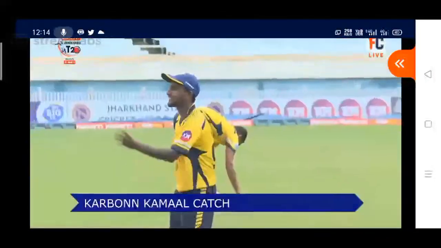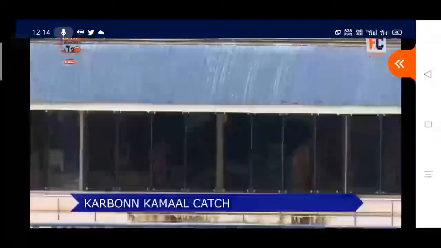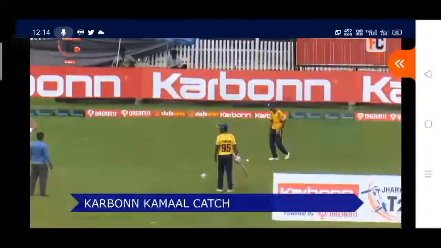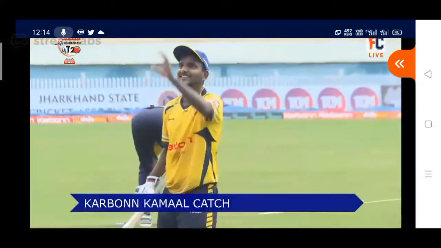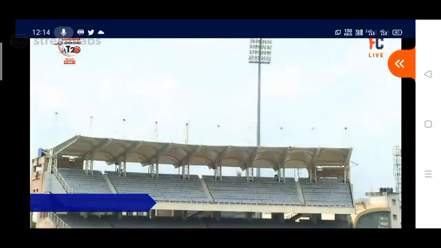This is just a little contest to boost the morale of the young players in playing in this tournament. We'll see that in a while, the carbon Kamal catch.